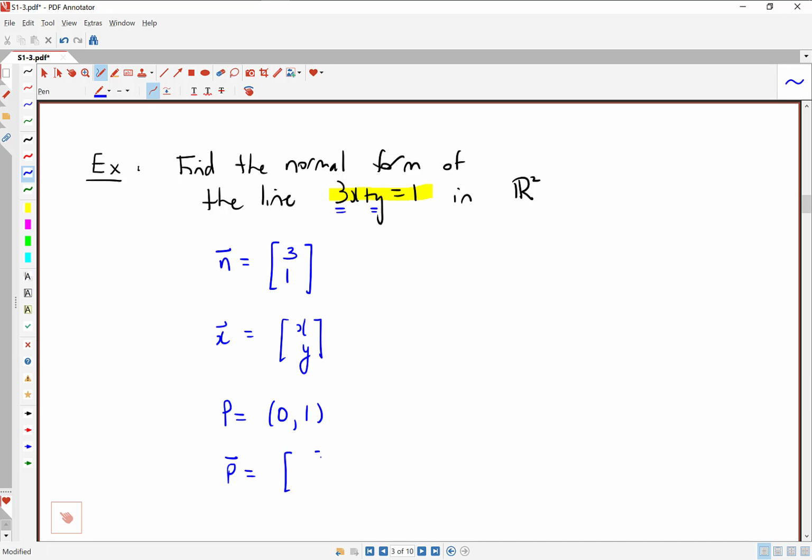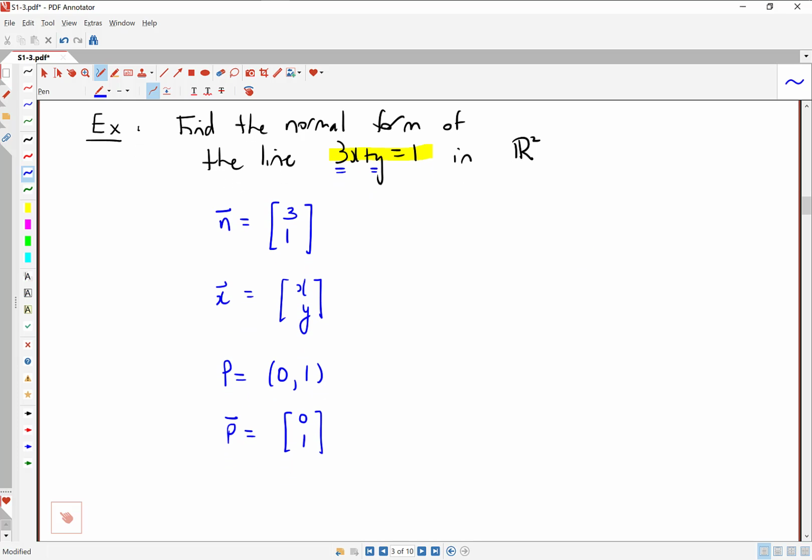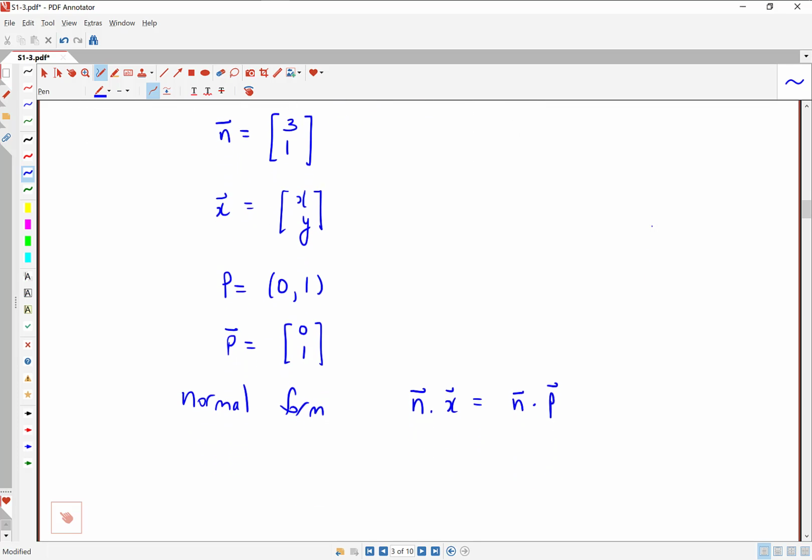So meaning just turn that point into a vector object without actually changing the numbers. Okay, and then from there, we can write down our normal form. So the equation for normal form is n dot x equals n dot p, where this dot here represents the dot product. So our answer would look like